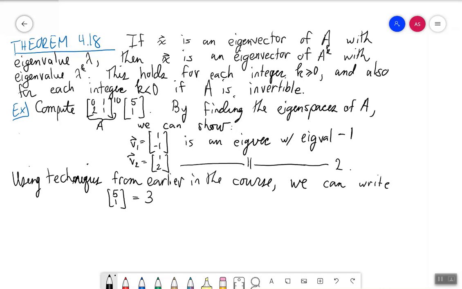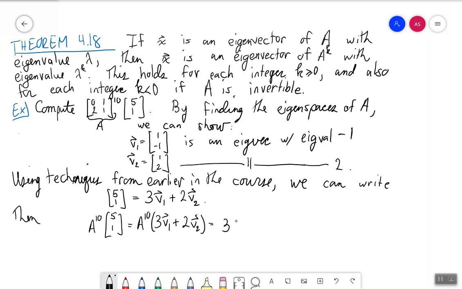In particular, we can figure out a way to write it as 3 times v1 plus 2 times v2. Then A to the 10th times (5, 1) is equal to A to the 10th times (3v1 plus 2v2), which is 3 times A to the 10th v1 plus 2 times A to the 10th v2,